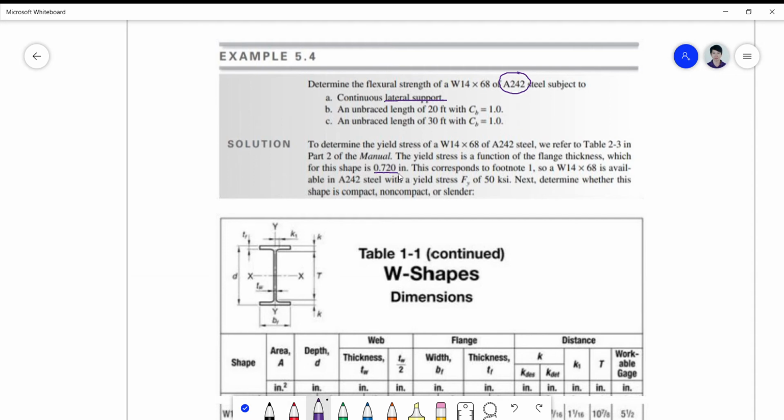So the yield stress is based on the flange thickness, and this corresponds to a value of 50 ksi, which we are going to use for this particular problem. And an A242 is a steel designed